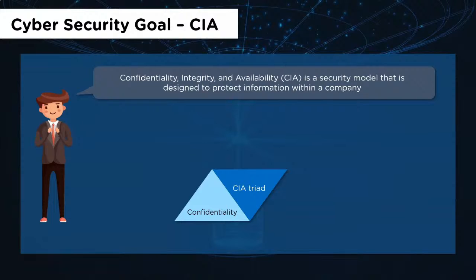For example, if you have stored some data on a central store, like let's say everybody has a Dropbox or a OneDrive, right? And how do you protect your Dropbox or OneDrive? You have a username and password. You may enhance it using a one-time password or multi-factor authentication to access the OneDrive. This is where confidentiality comes in, where you're going to protect the data in such a way that it cannot be accessed by unauthorized users. So the first thing that you want to look at is how do you manage authorization.